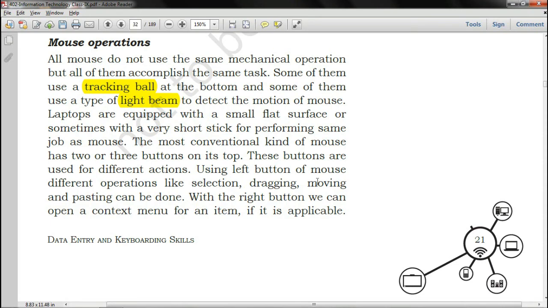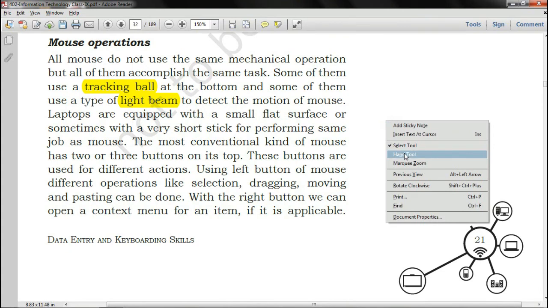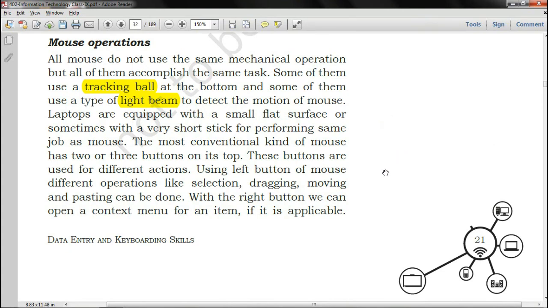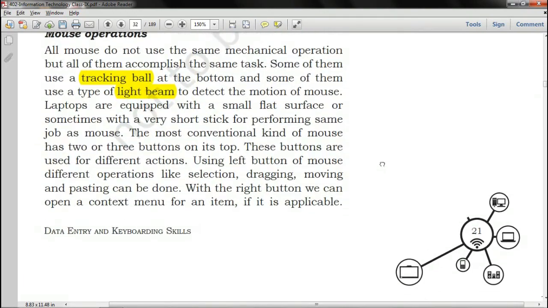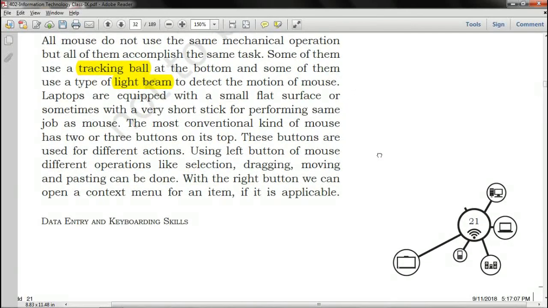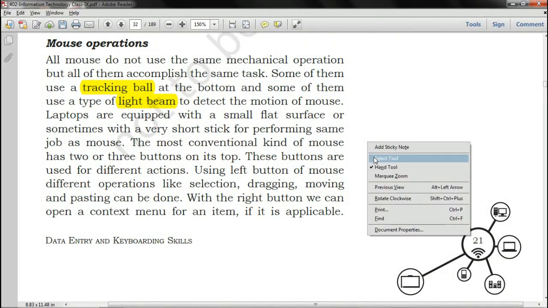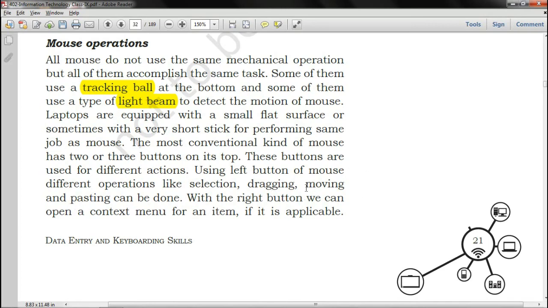Or it will come into accessing mode. Next, if you want to drag it, just keep pressing the left click and drag. Now I am able to select it. So this is so simple. Next is moving. If you want to move something, let me come to the hand tool. Can you see that I am grabbing the page? Once I have left clicked, now I am dragging it. That means I have grabbed the page and I am dragging it with my left click button. Moving and pasting can be done: you can select it, cut it, and paste it to some different location.